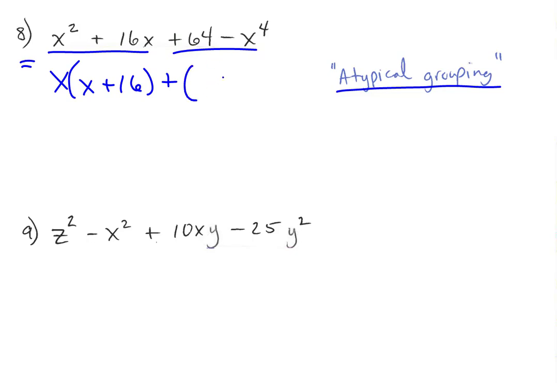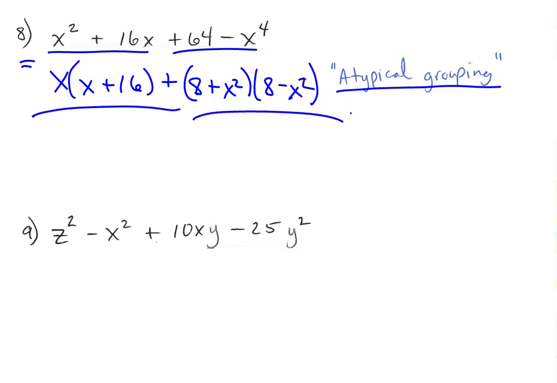In the second group, you could actually force this second group to be a difference of 2 squares. You could say this is really an 8 plus x squared and then an 8 minus x squared. That's using our difference of 2 squares formula that we were just using above. But notice that nothing matches in these 2 broader groups, which is usually what has to happen at this step